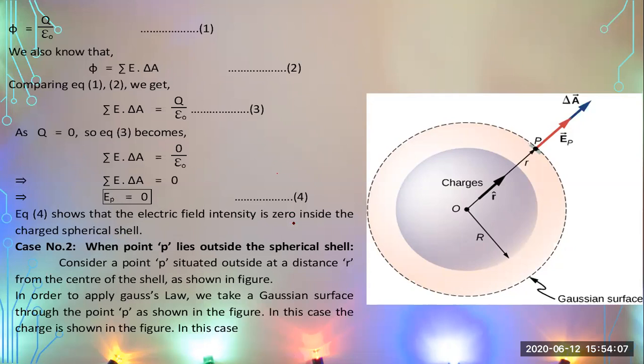So what were the main steps during this class? You were asked to apply Gauss's law on a closed surface to calculate electric field intensity. First, you divided it into two steps. Number one, you calculated electric field intensity inside a charged sphere. Then during the next class, we will calculate the electric field intensity outside the charged sphere. I'm moving again to the same figure so that there is no confusion.